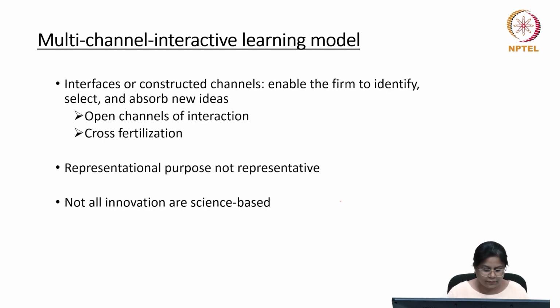One important point here is that the model, as has been given by the author, they say that it is for representational purposes and it is not representative. What does it mean? Essentially, that it does not assume that they have been able to take into care all the factors that will influence the innovation process. Right, so there is a possibility that, and also it doesn't mean that if all these setups are available, then the firm will be able to have a successful innovation. So essentially a representational but not a representative.